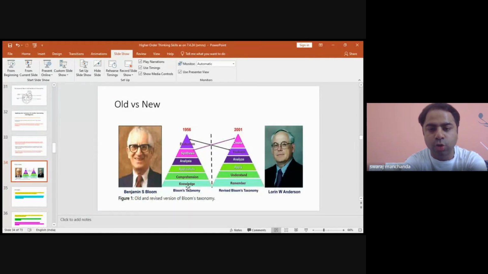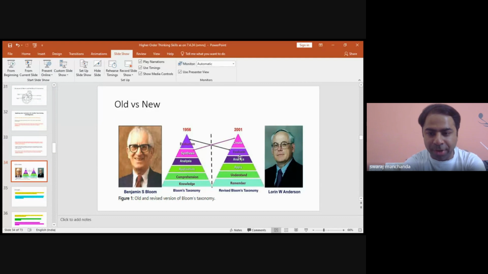First of all, the nouns became verbs. Now the focus is on changing the teaching style, not making children learn what is being taught in the class. Second, synthesis becomes create and it is at the 6th level. Evaluation becomes evaluate and it is at the 5th level. Now, why is this done? Before you create a new theory, judge whether it is capable of becoming a new theory. Evaluate first, then create. Don't create and then evaluate.